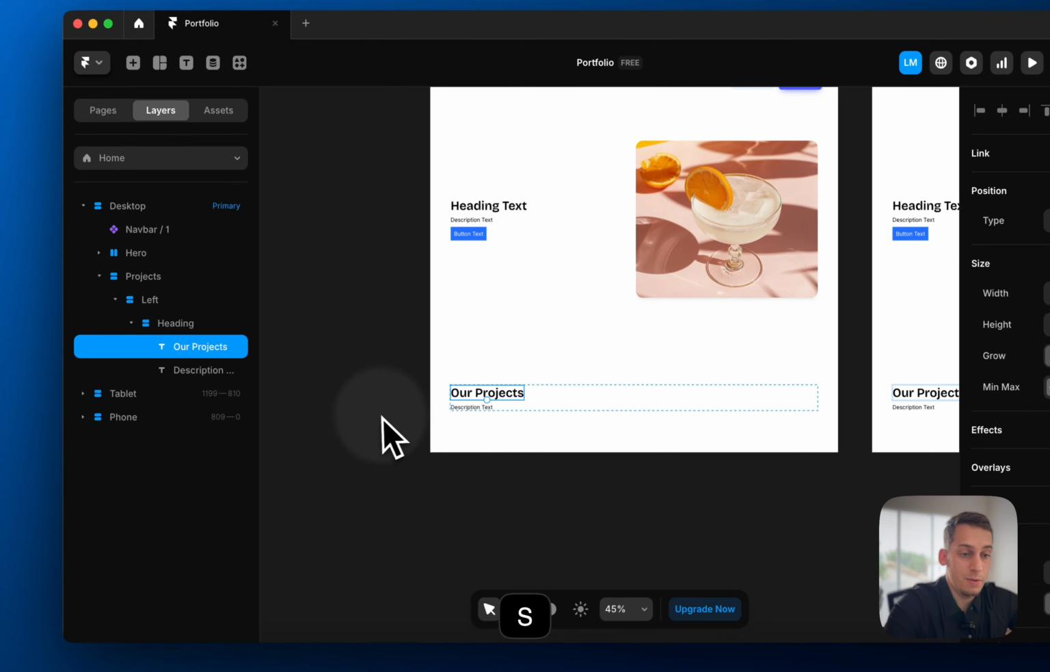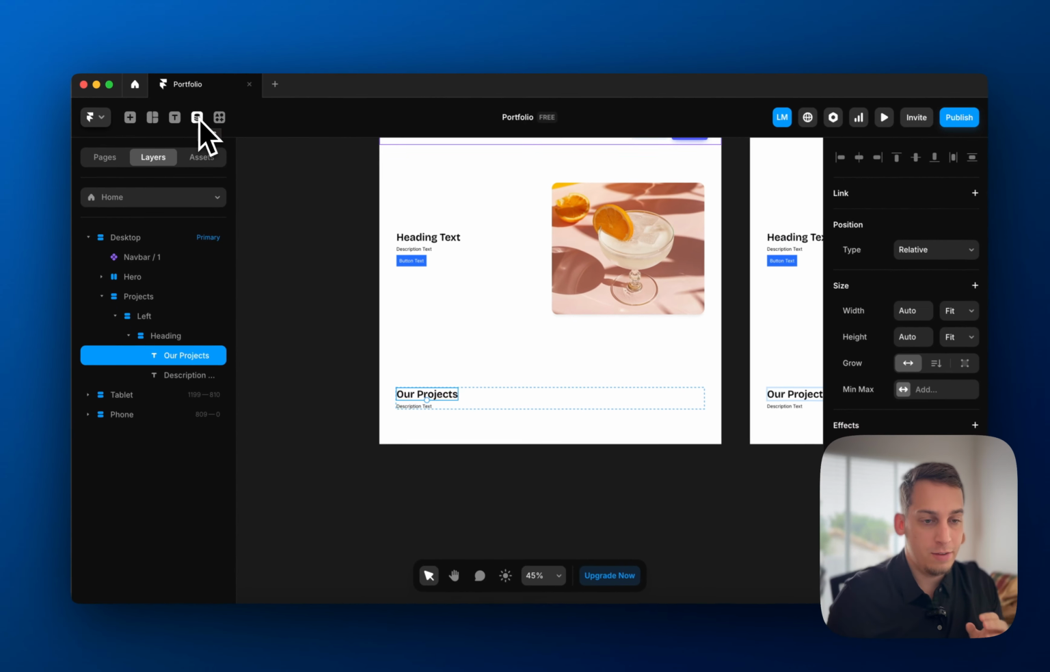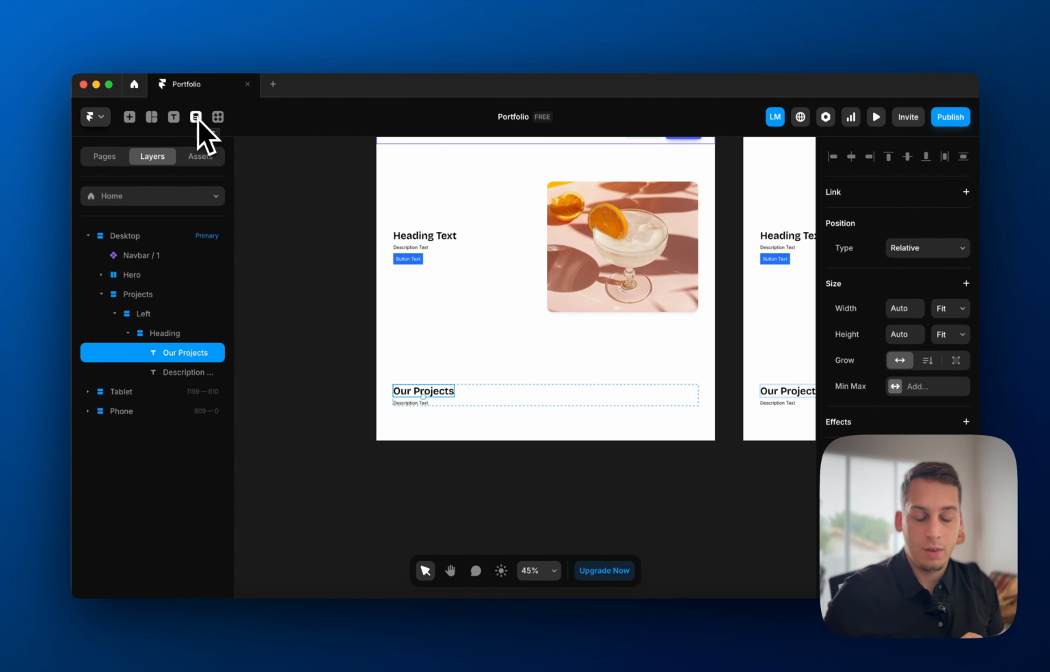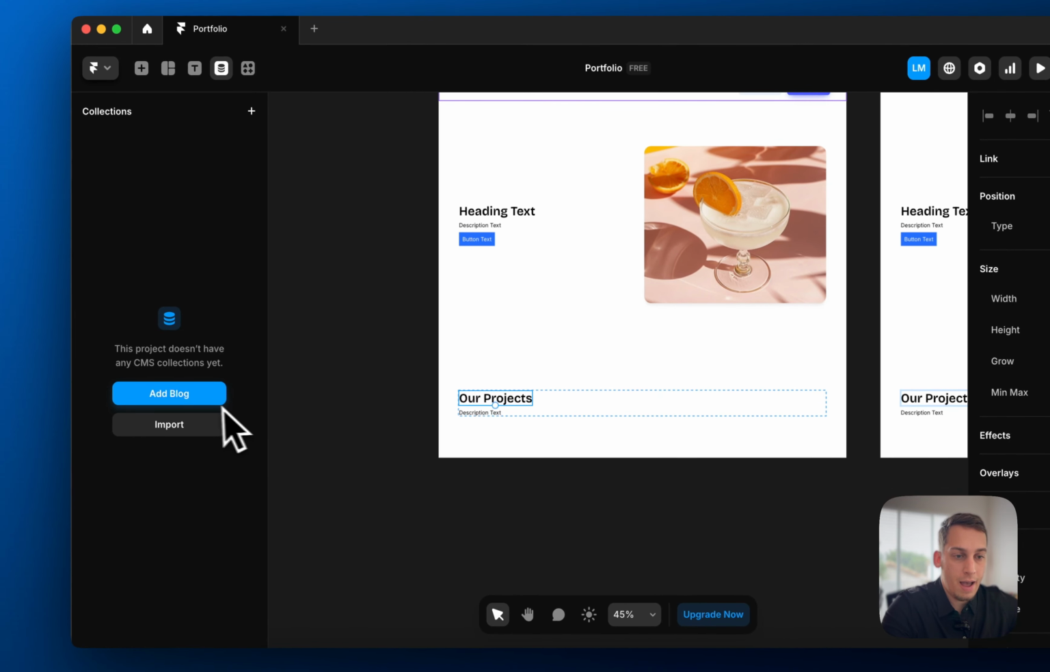Now what we want to do is we want to create a CMS, right? This is the best way of maintaining projects. You can import these if you have your projects from Notion or from Google Sheets or from somewhere else. You can import it as a CSV as well. But let's just start it from scratch. So we can put add blog,